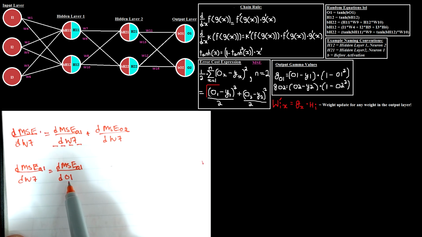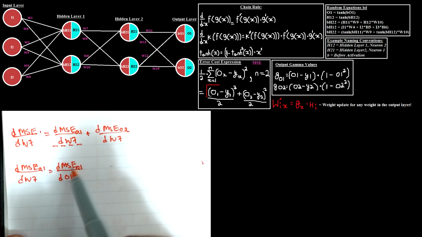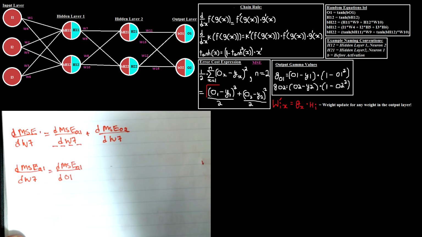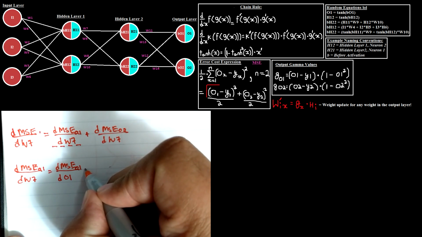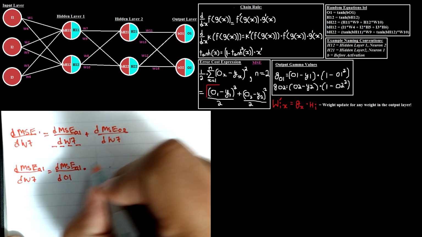Once again, output 1 is the only component within mean squared error of output 1 that we're able to take the derivative of, because the derivative of y1 is just 0, times